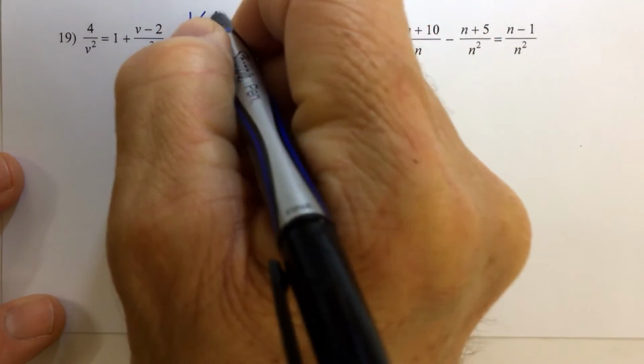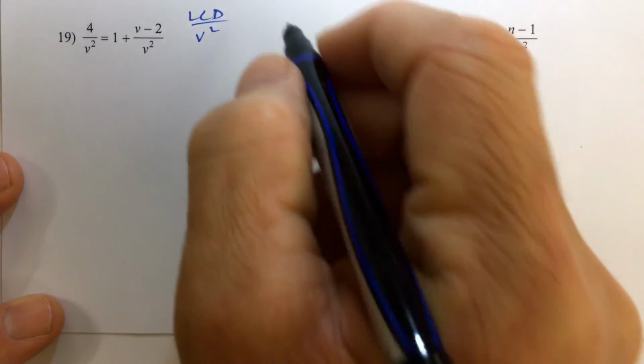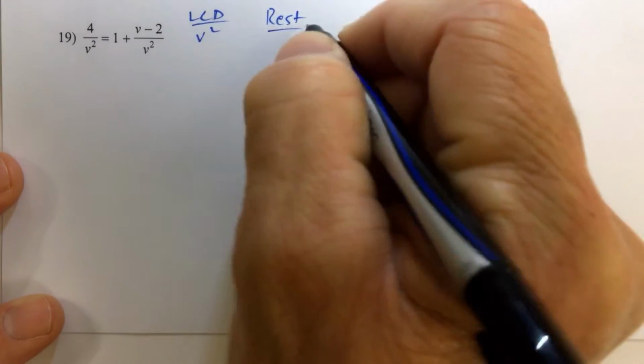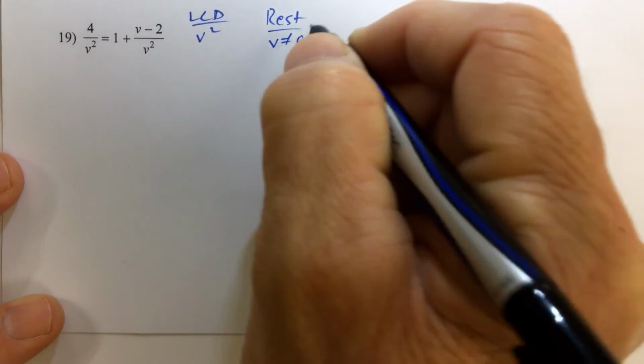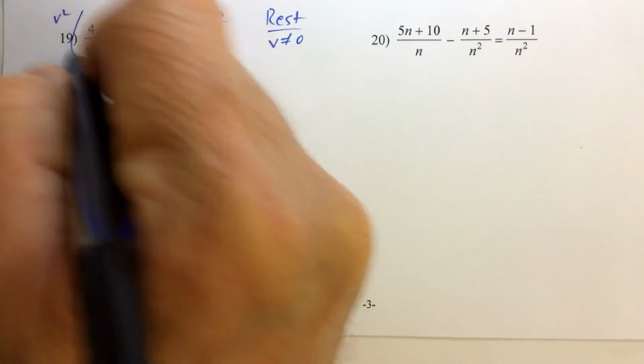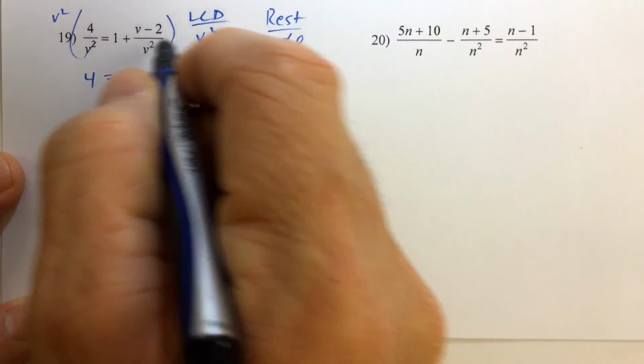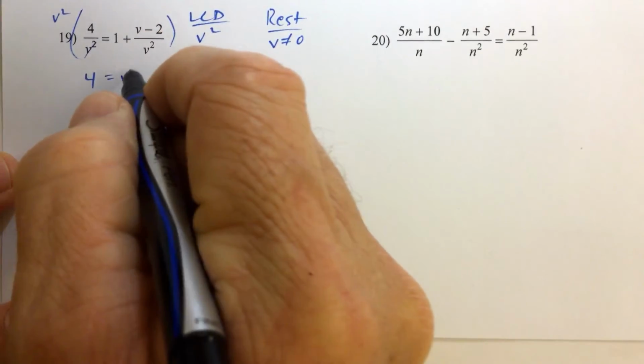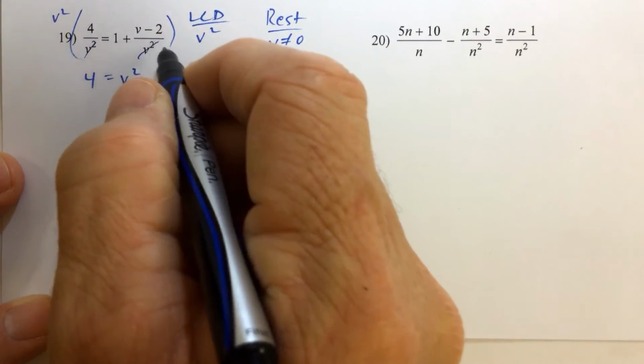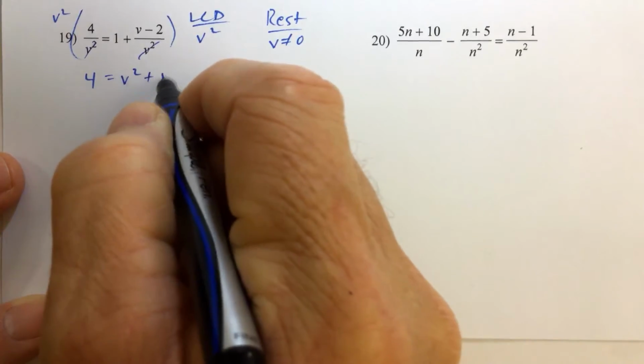For number 19, we see our LCD is v squared, and that would mean that our only restriction is that v is not allowed to be equal to 0. So when we multiply both sides by v squared, the v squared cancels, we get 4. Here, v squared times 1 is v squared, and then this v squared cancels, so we get plus v minus